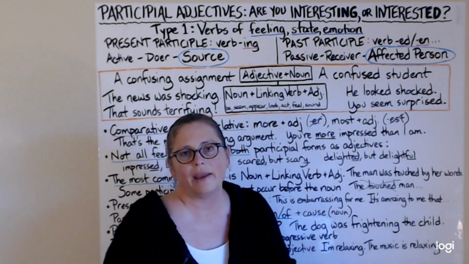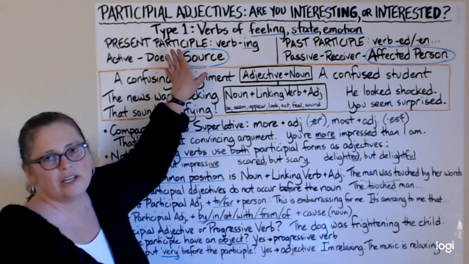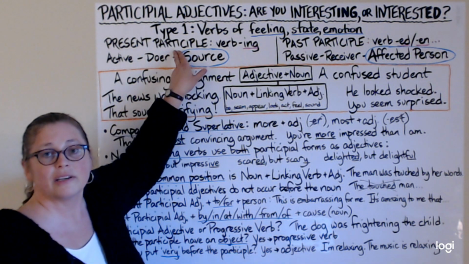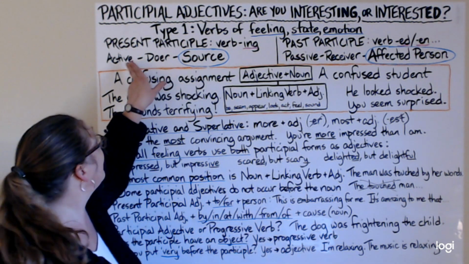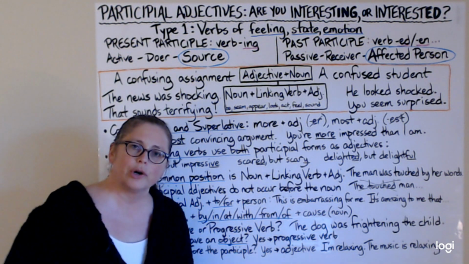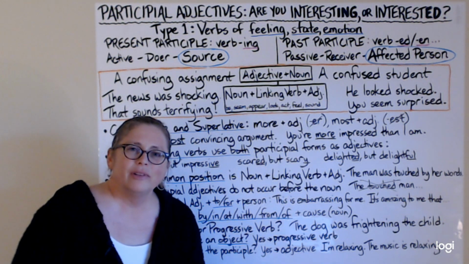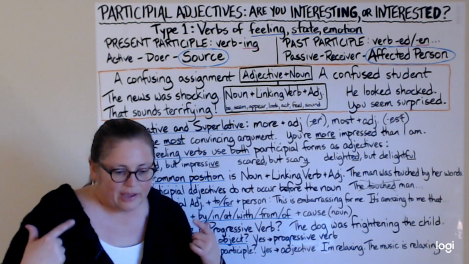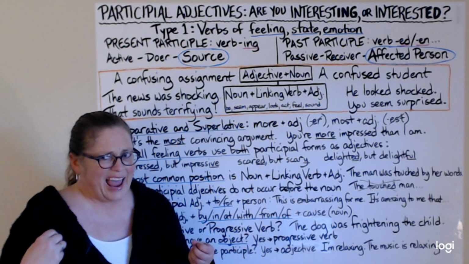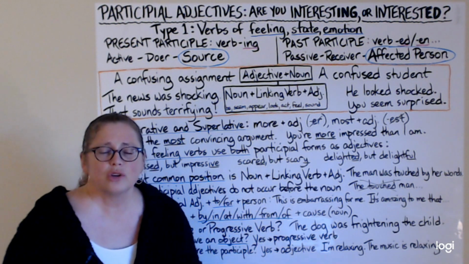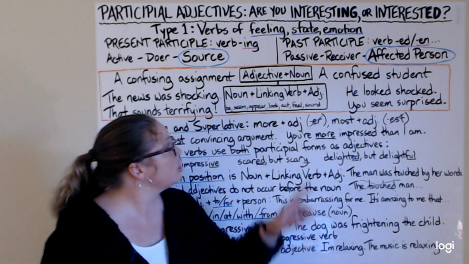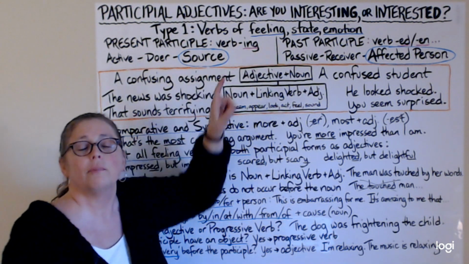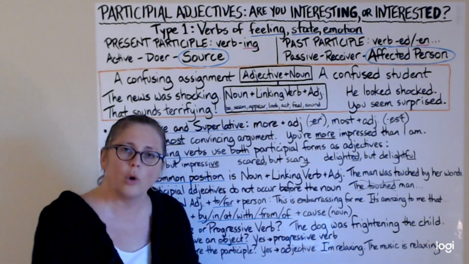They're usually regular verbs. I've been teaching this for a long time, and I've almost always taught it that the present participle is the active meaning. It describes the doer of the action. But I've learned that it's a little hard for a lot of students, and for me too, to think about some of these feelings as actions or doers. So I think actually it works better to talk about it as the source. The ing form describes the source of the feeling.